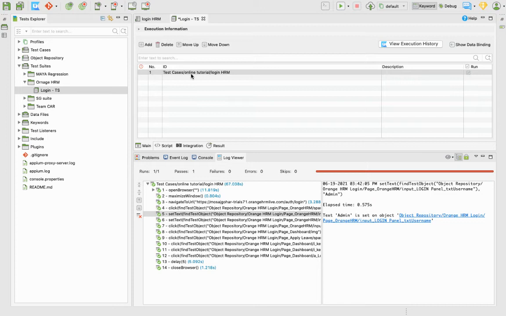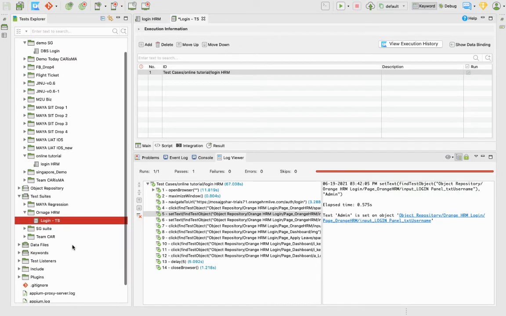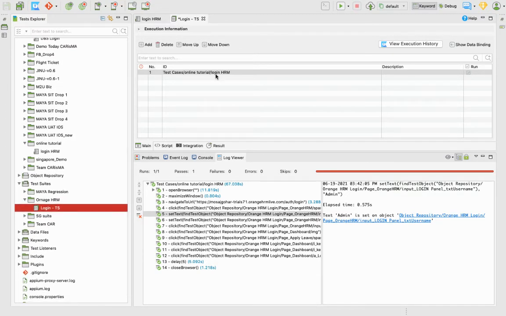Now you can see the test case has been referenced to this particular test case which is under here, this one. You can even see the path. This test suite is referring to a test case from the test case folder, which is this. Then the subfolder is online tutorial, and then the name of the test case is login HRM. So if we run the test case from a test suite, it will